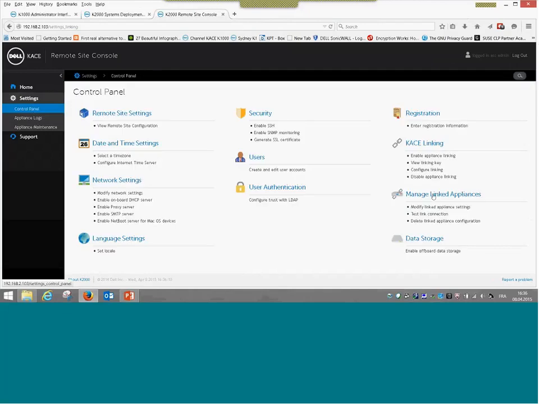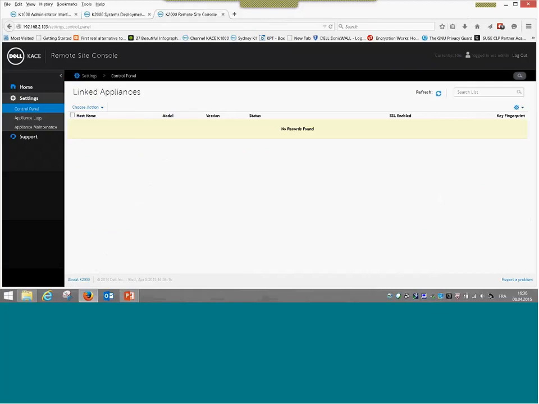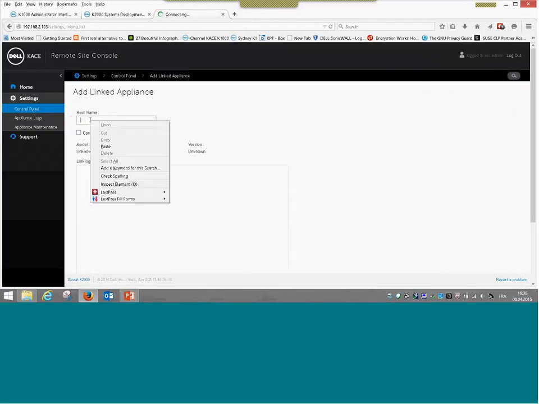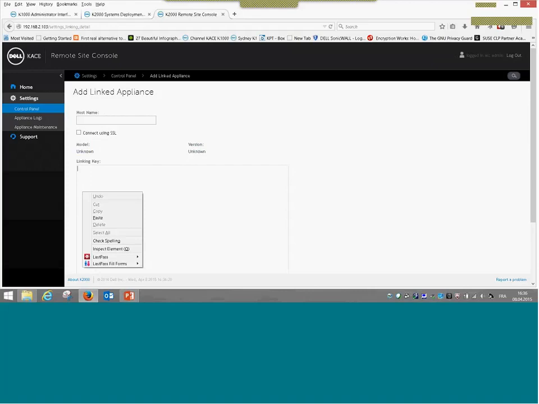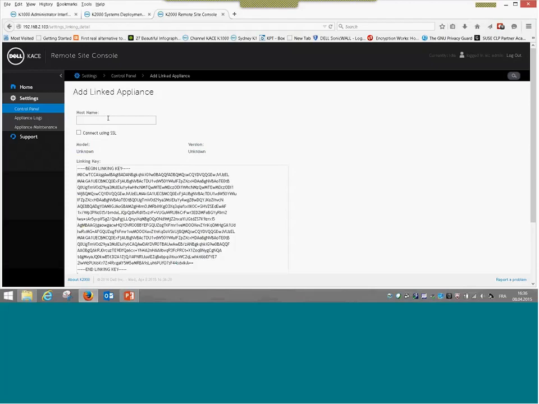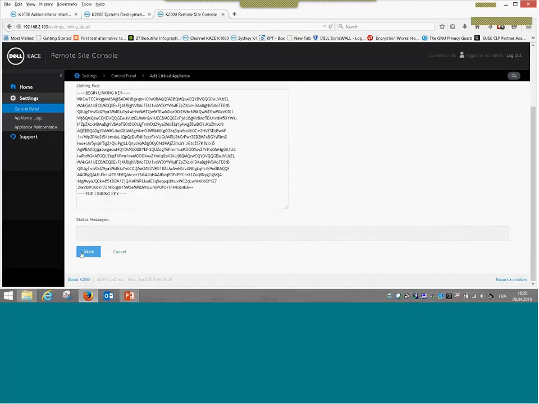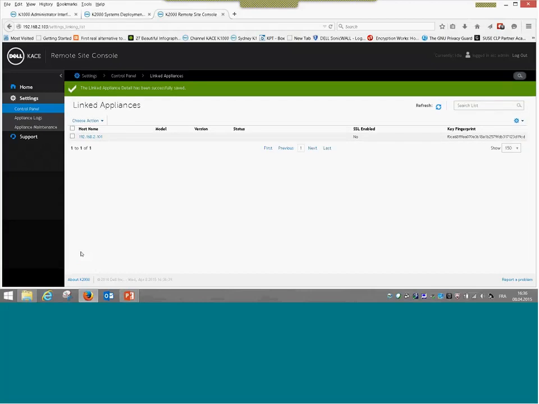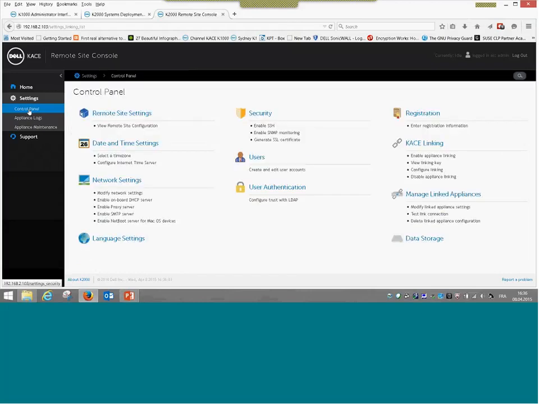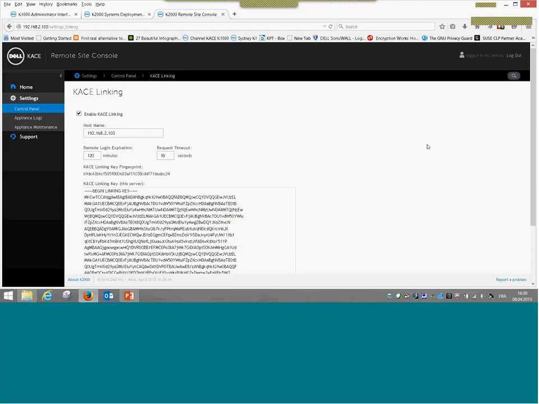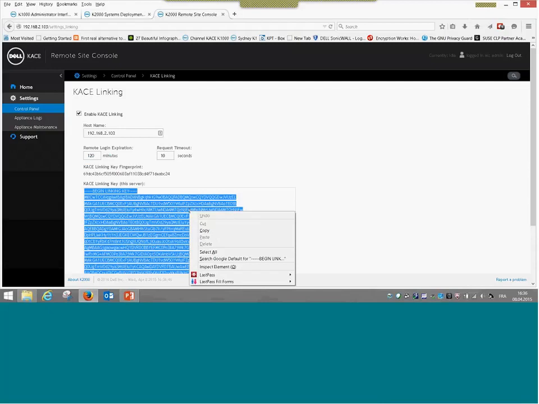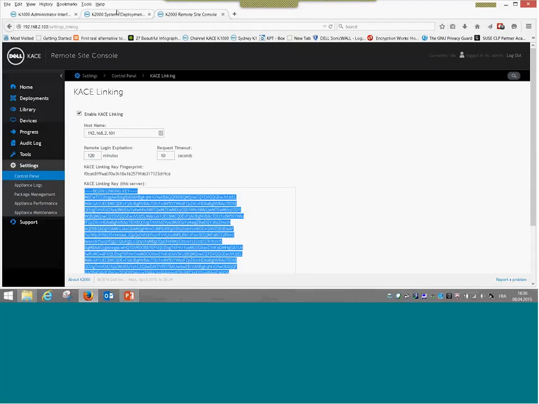And I will now, you see new menu has appeared, manage linked appliance, and I will add, first of all, the key and the IP address of my K2000. I could also have the option of using SSL, and I can save it. Now, when I link, I just need to do the second step, which is from the remote site appliance, copy the key, go to my K2000,